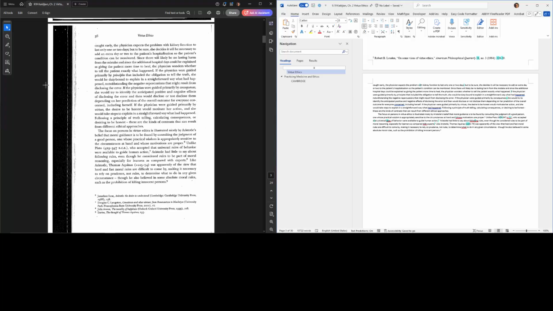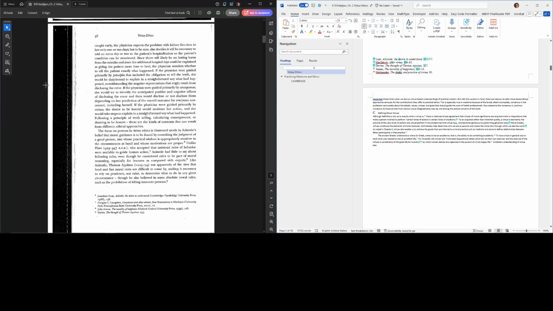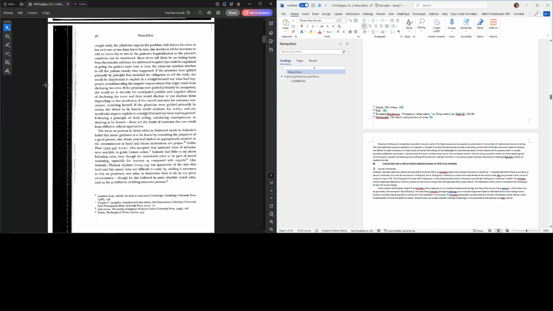I set up in my AutoHotkey script a key combination so that if I get focused on my Word document and move down a few pages, let's say I move down to this page that starts with "however inviting," then I can cue Acrobat Reader to jump to that page. So it's really handy if you get focused on editing the Word document and you want a really quick reference in Acrobat as to what was the original content.